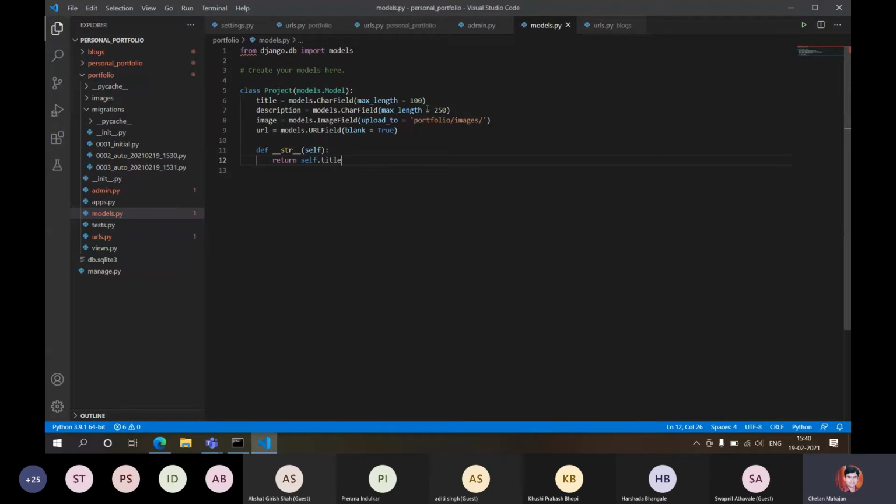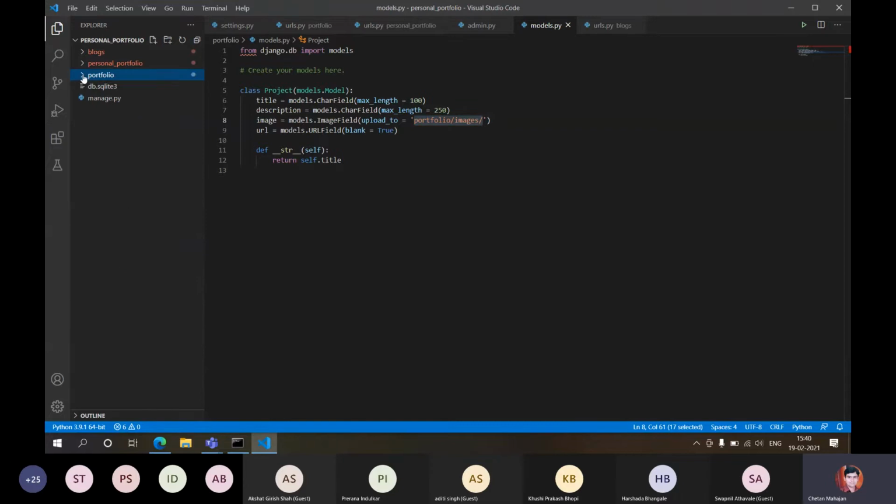See, here I mentioned portfolio/images, right? And what I mean by this is I don't want this image to be included in the portfolio folder. Usually whenever we talk about any project, okay,